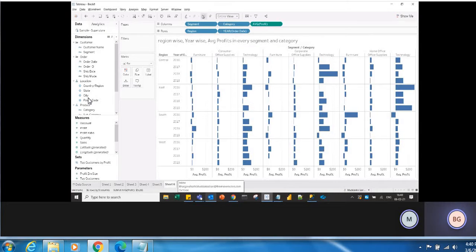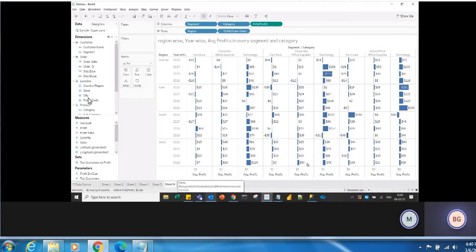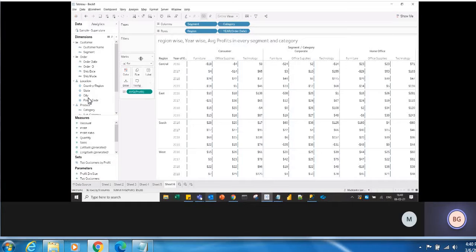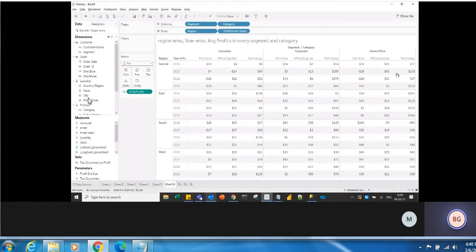And if you want to see the values, if you want to create it as a text table, just drag this average profit back to label, and change the mark type to text. So this is how the values will be shown. Okay. So this is nested and this is small multiple dimensions.